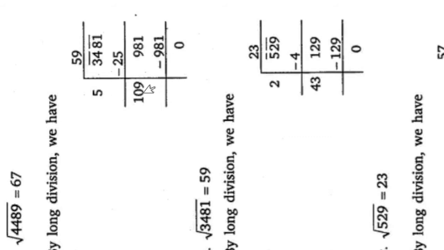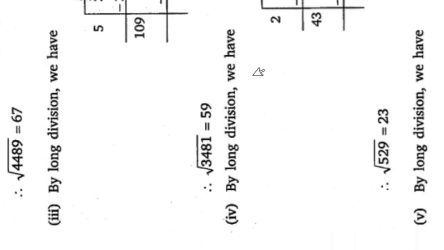So, with 10 you have to put such a number that the multiplication of this same number with this number will give 981. The remaining part is 9 here, 81 we will put down. So, 109 9s are 981. So, answer is 0, and here our quotient is 59. So, square root of 3481 equals 59.